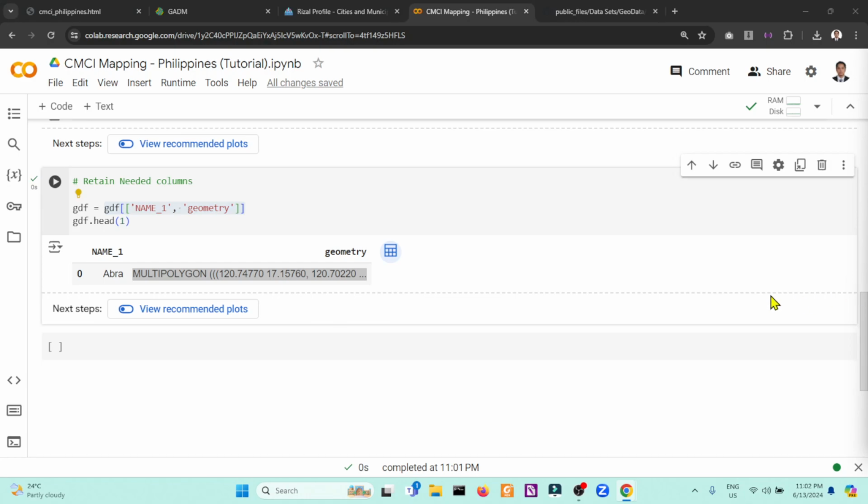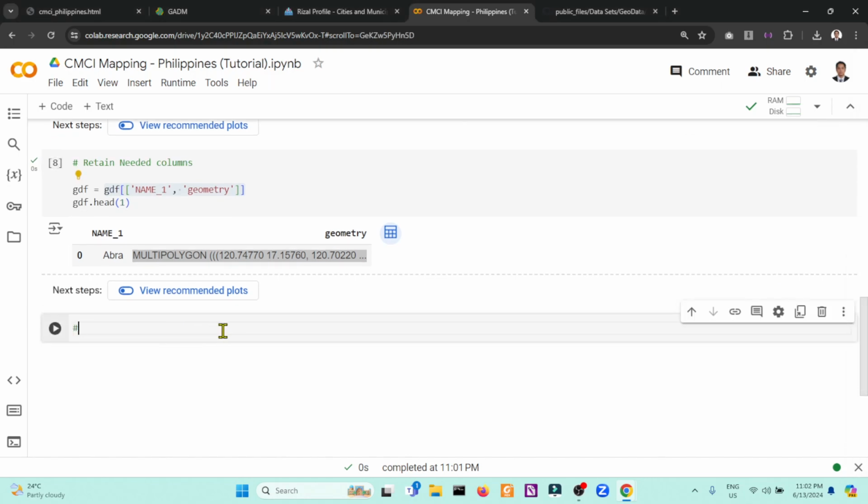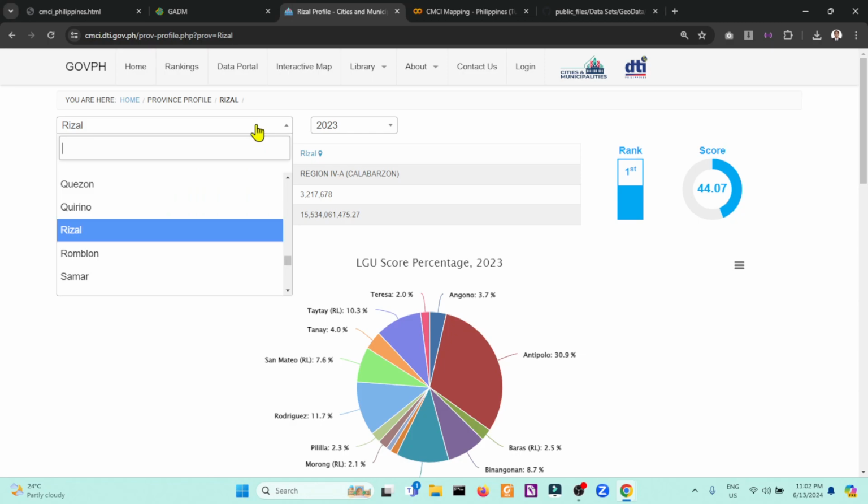Okay, so we have a discrepancy in data. We will copy the Basilan region at index 8. Let me show you at index 8 and explain why.